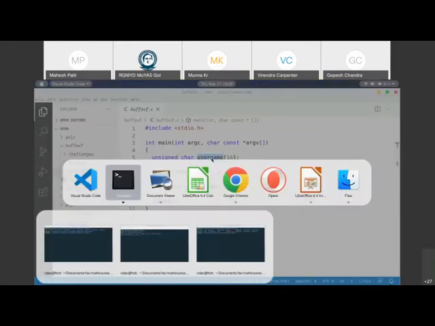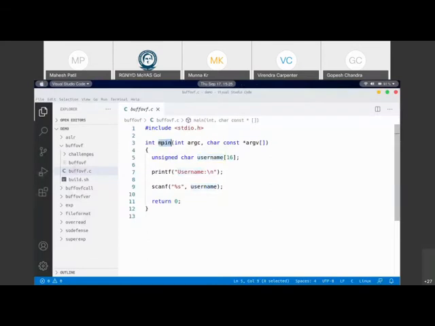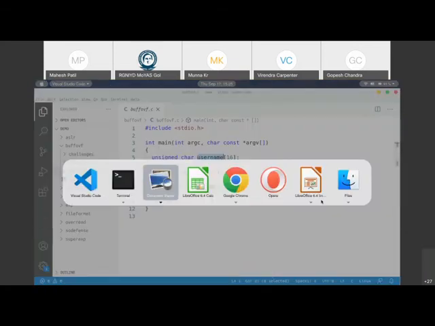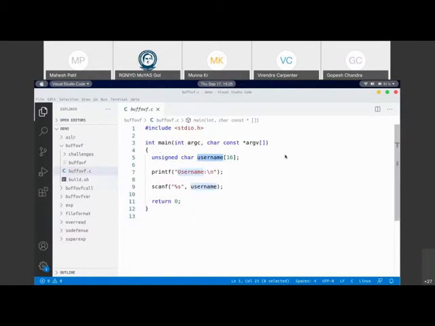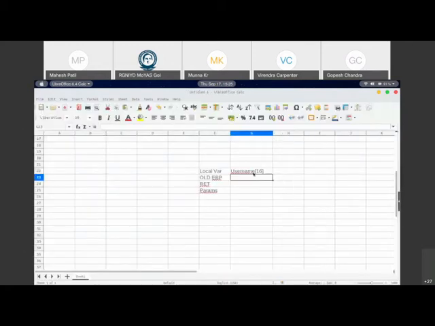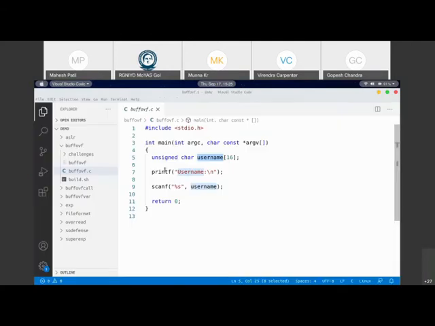Since main is also a function, and this is a local variable to main, the username buffer will be allocated on the stack. So you see that local variables are on the stack. This username buffer of size 16 is going to be on the stack. So this is 16 bytes in size.